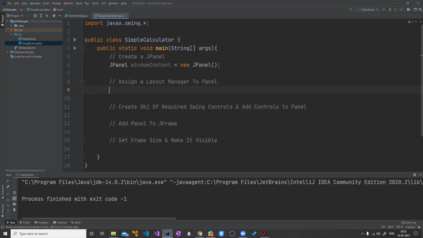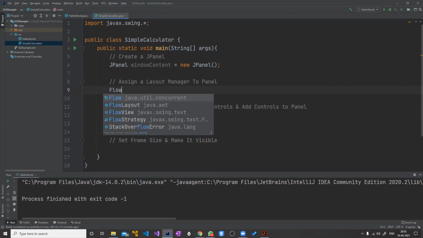So like that, we have different layout managers. The simplest layout manager is called flow layout, where the UI controls will be added horizontally. It will be added to the container horizontally. So container here is what? JPanel. JPanel is the container, and in that container you are going to add a few UI elements. In order to arrange those UI elements, we are going to use this layout manager. So first, again, you will have to create a layout manager. Which type of layout manager do you want? The basic or the simplest one is flow layout. So we'll create a layout called flow layout.